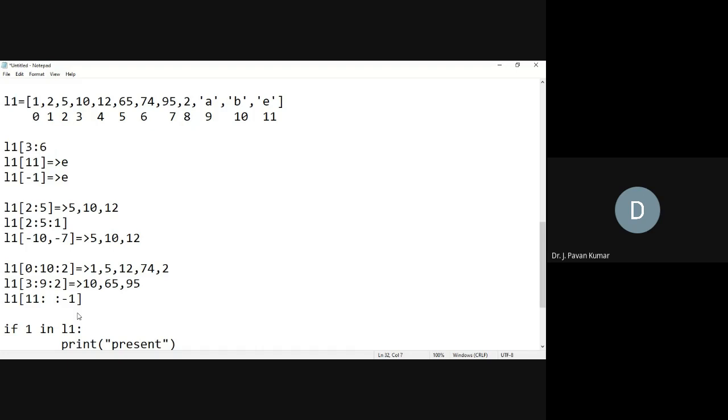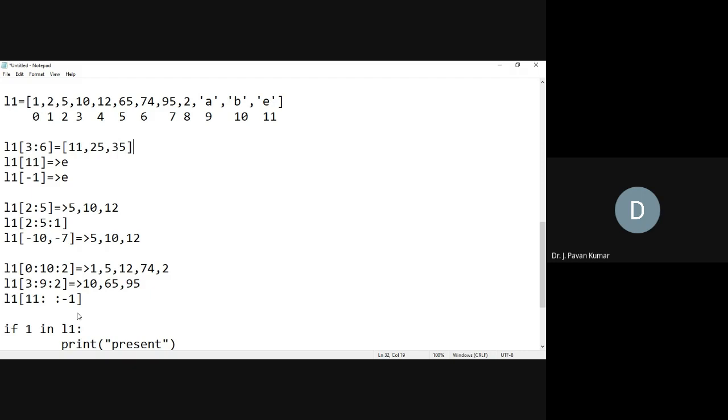L1 of 3 to 6 refers to the elements 10, 12, 65. Those 3 elements we want to modify by assigning other values, so we specify L1 of 3 to 6 as 11, 25, 35. Those 3 elements will be replaced with 11, 25, 35.